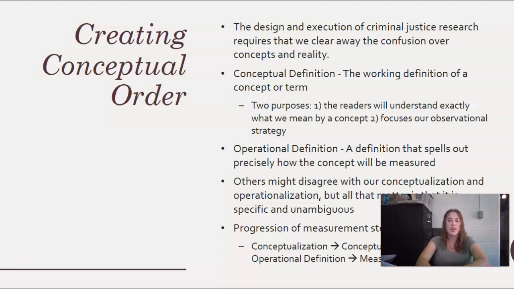So let's say that we're talking about the conceptual definition part of income level. In order to assess that, we're going to ask our respondents, what was your total household income in the past 12 months? So now we have talked about how exactly we're going to measure income level. Then for educational attainment, we are going to ask, what is the highest level of school you have completed? So that satisfies how we're going to measure educational attainment.